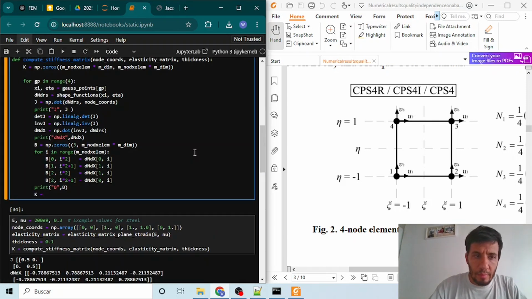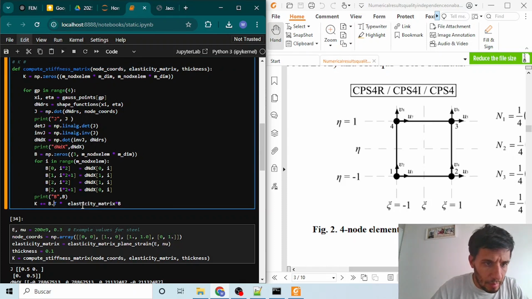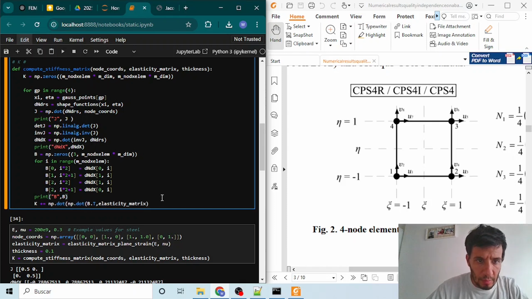The key value is obtained by adding B transpose by our elasticity matrix by B, and later put in the integration.